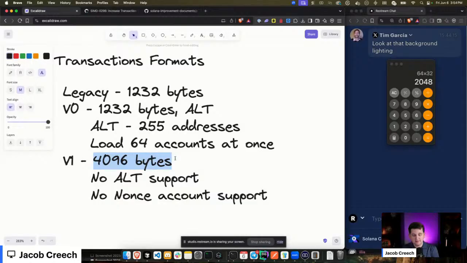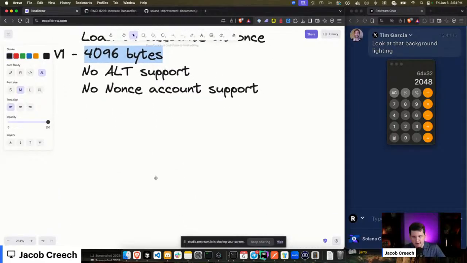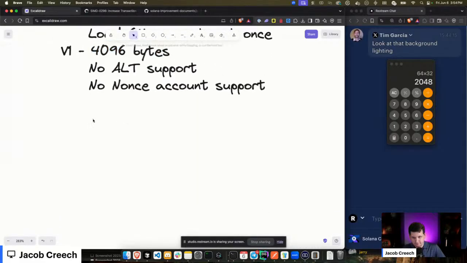It's going to be faster. It's going to be easier to land transactions and a whole bunch more. Now, let's think a little bit more about V1. There's also the case where V1 will kind of enshrine the already enshrined compute budget program